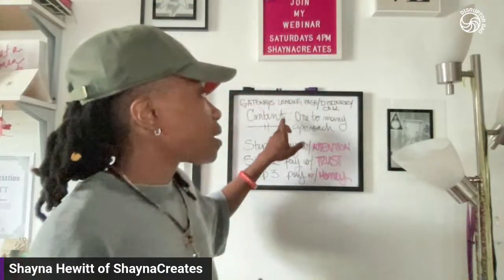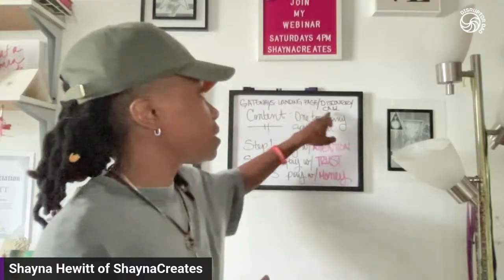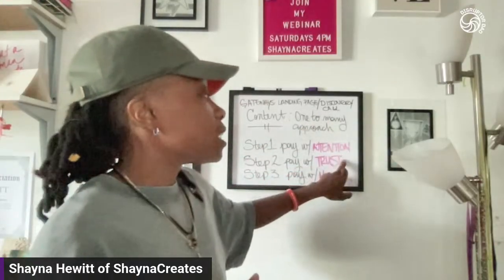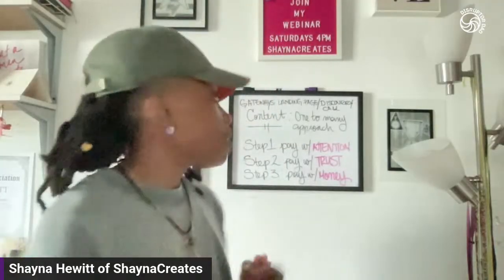You need to read this book because it has the exact framework, not just to help your business generate income and scale, but to do it fast, because we are in a time where making money is easy. And the only way it's not easy is if you're not doing something different yet. Content is a part of it. Content leads to the landing page. Content leads to the discovery call. It's a one-to-many approach that gets people to pay attention, to give you their trust, and to ultimately give you their money. And with that being said, folks, that's all I got for you today.